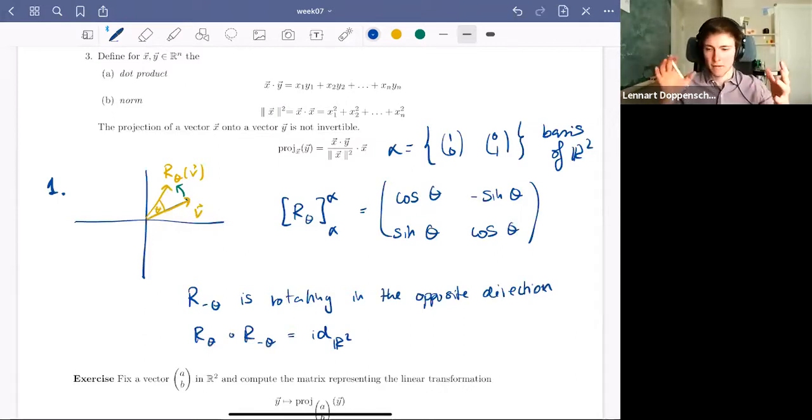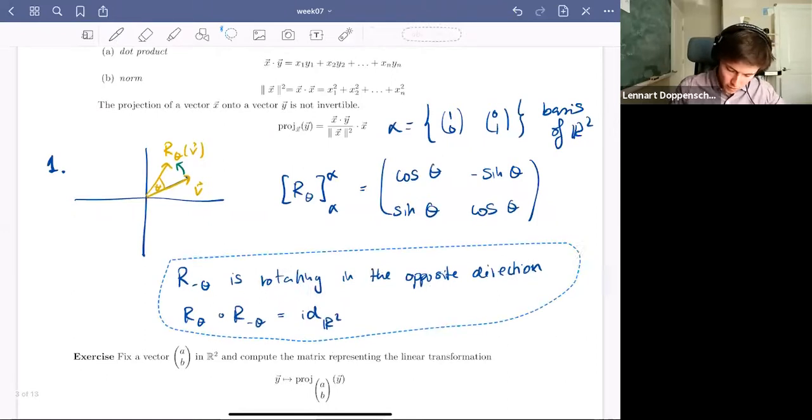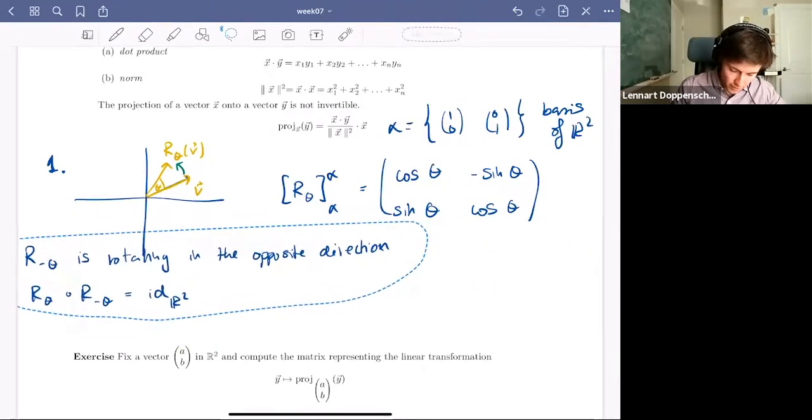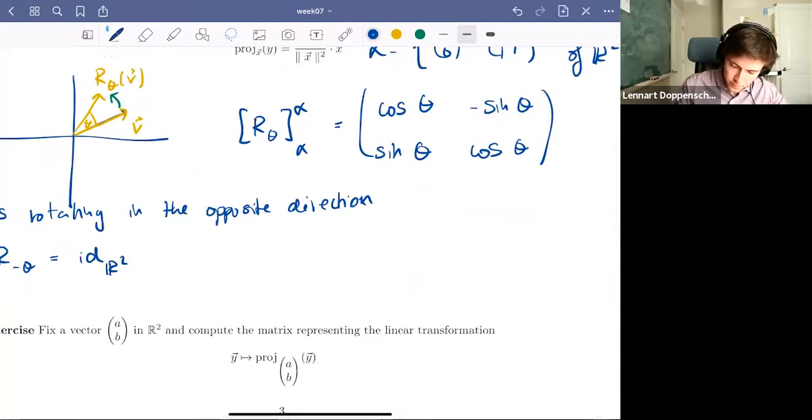If you rotate like a vase and then you rotate it back, you can't tell that it's been rotated. That's the idea. And interestingly, what does this mean for the matrix side of things? So this means, just as an aside,